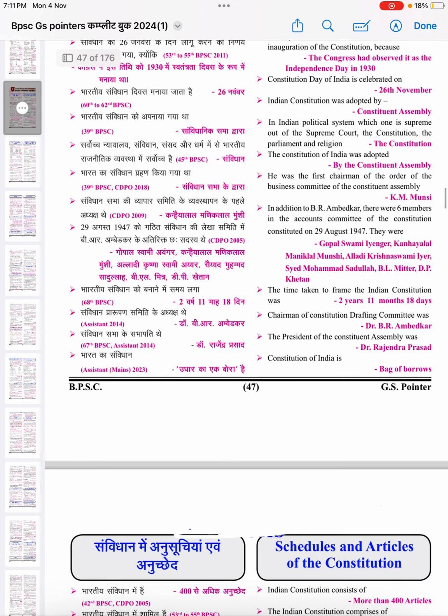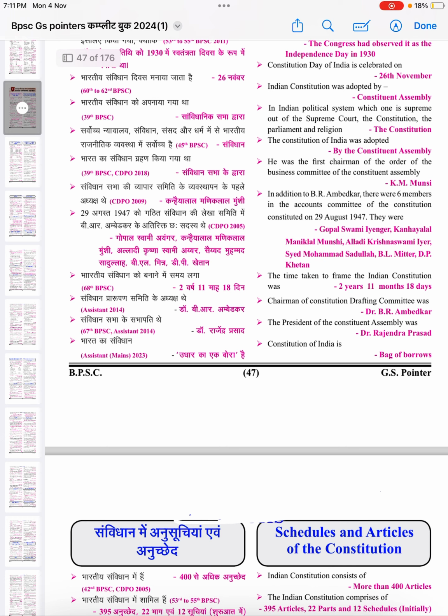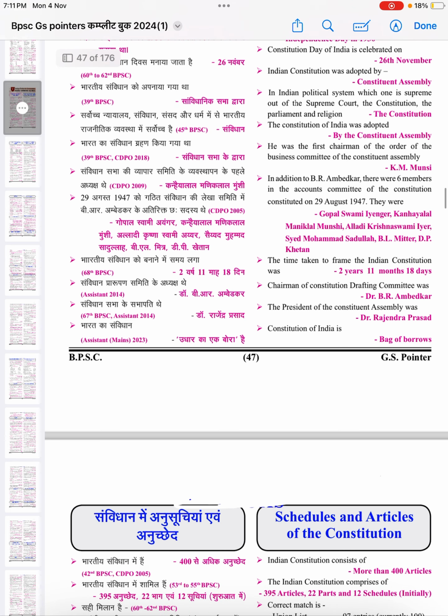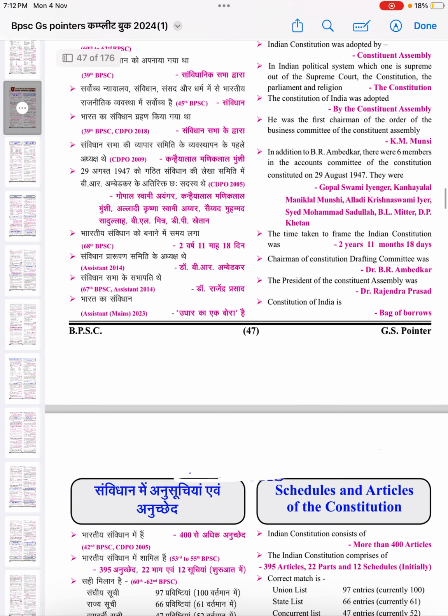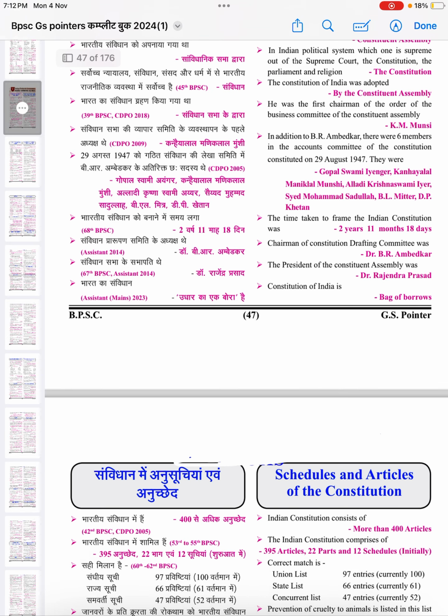He was the first chairman of the Order of the Business Committee of the Constituent Assembly, K.M. Munshi. In addition to B.R. Ambedkar, there were 6 members in the Drafting Committee of the Constitution, constituted on 29 August 1947. They were Gopalaswami Iyengar, Kanhaiyalal, Manik Lal Munshi, Alladi Krishnaswami Iyer, Sayyid Muhammad Saadullah, B.L. Mitter,